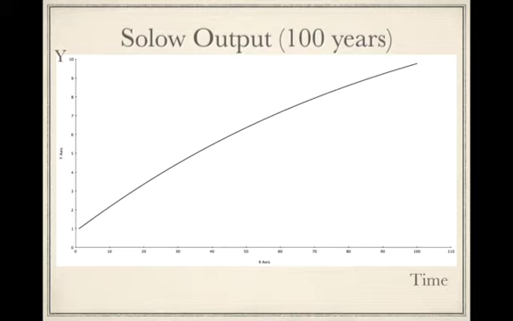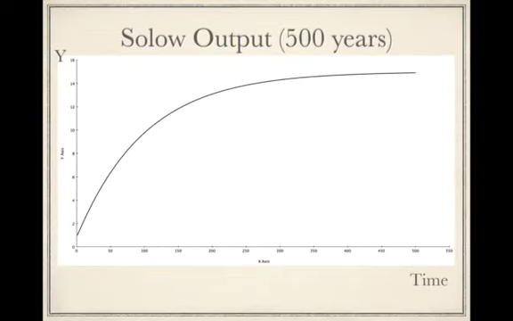Does this look like the historical record? Not so much, right? You think about what we saw in the historical record, which is that hockey stick. Let's zoom out. So this is 100 years. Maybe we zoom out. There's 300 years, still growing. Maybe we zoom out a little bit more, 500 years. It turns out we're still growing. It's a little hard to see, but if you look at it, we are still growing.